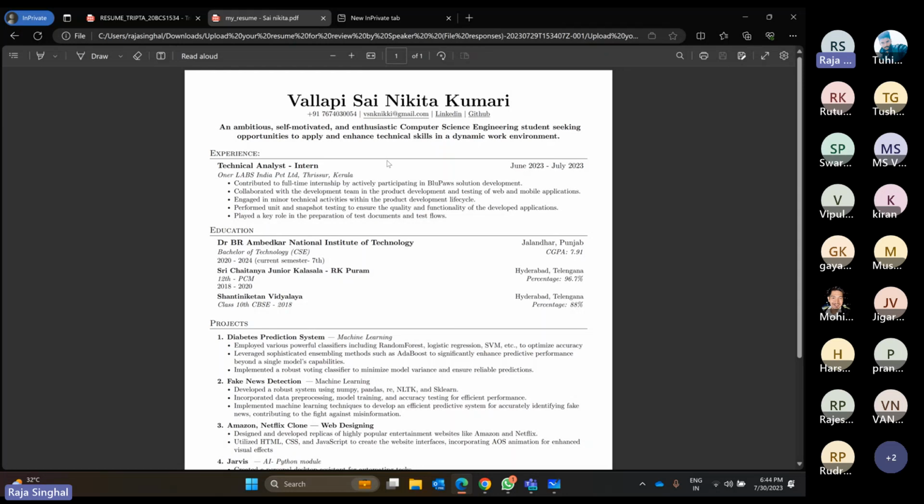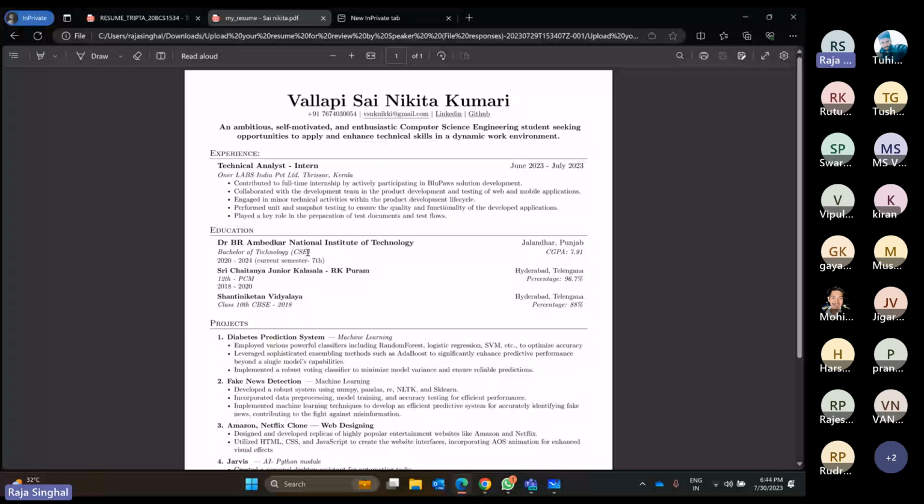But there are a few things which are missing in this resume. That is why I want to share those things. The first major thing is there are no bold characters or points in this resume. So try to bold things which you want the interviewer and HR to read.